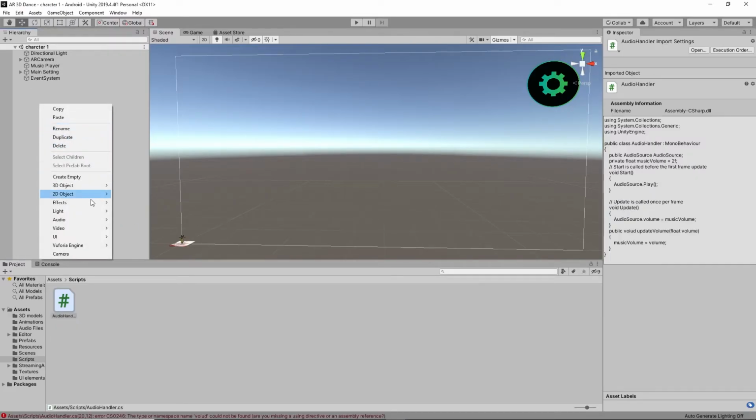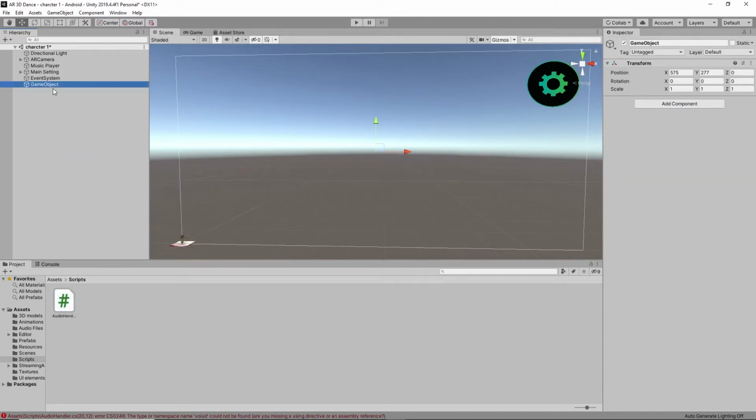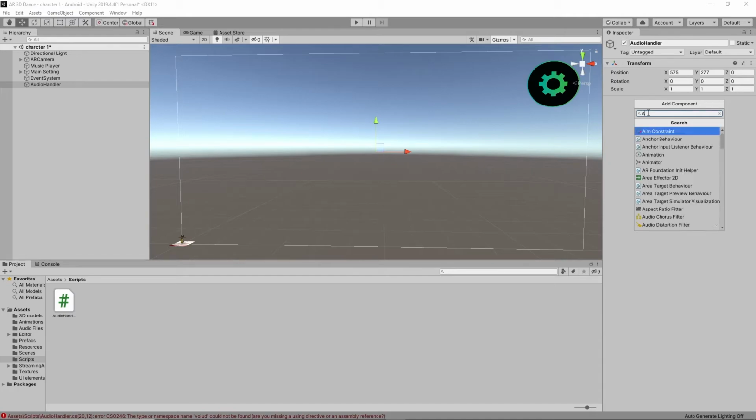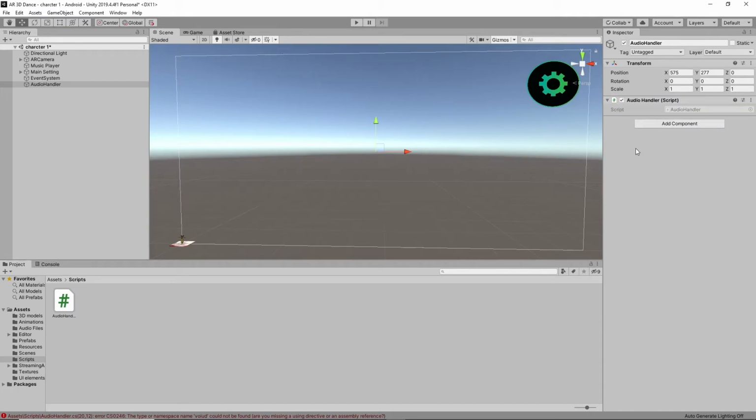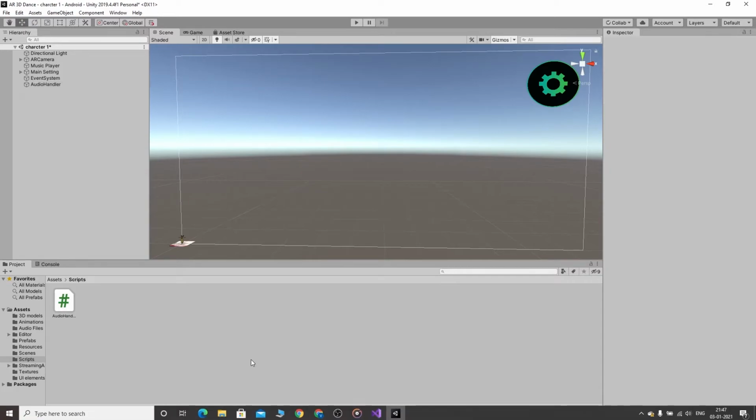Create a new empty object, I'm declaring a name called audio handler. In this I'm going to add my script called audio handler, this one, but it contains one error.